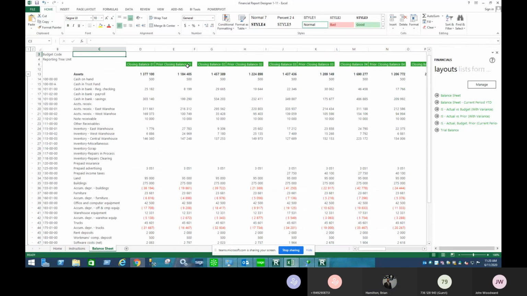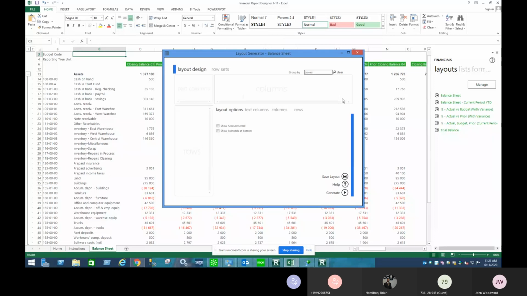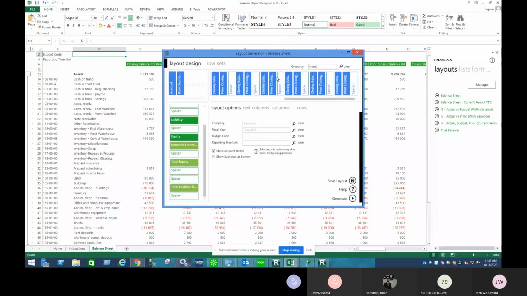And you see at the top, period 1, period 2, opening and closing balances by period. So you can manipulate it if you have periods that you want or don't want to include. This is the default, but I can say Manage, and then Edit. And I can easily manipulate that to remove periods. So I have my columns, my rows, and my spacers. You can see each period, period 8. If I want this somewhere else, all I have to do is drag and drop and move it. So it's very easy to use this tool to manipulate and change the format of that financial report